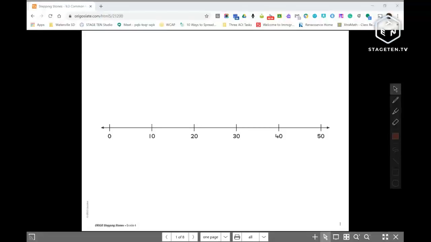Today we are talking about comparing and ordering common fractions, and here you see a number line. Take a guess, or just look at it and think about what the number line is showing. You can see that it's increasing by 10, so it starts with 10, 20, 30, 40, and 50. You can look and see those different intervals that are here. So 10, 20, 30, 40, and 50, increasing by 10 each time. Those are obviously not fractions, but we want to look at